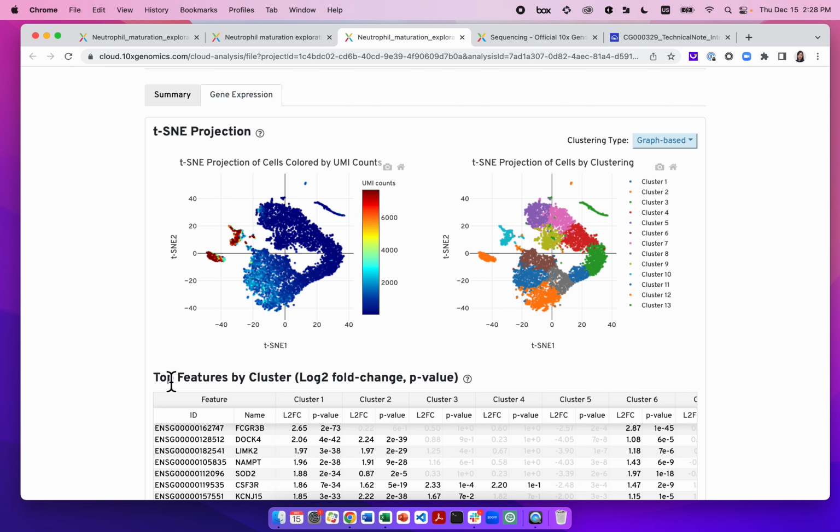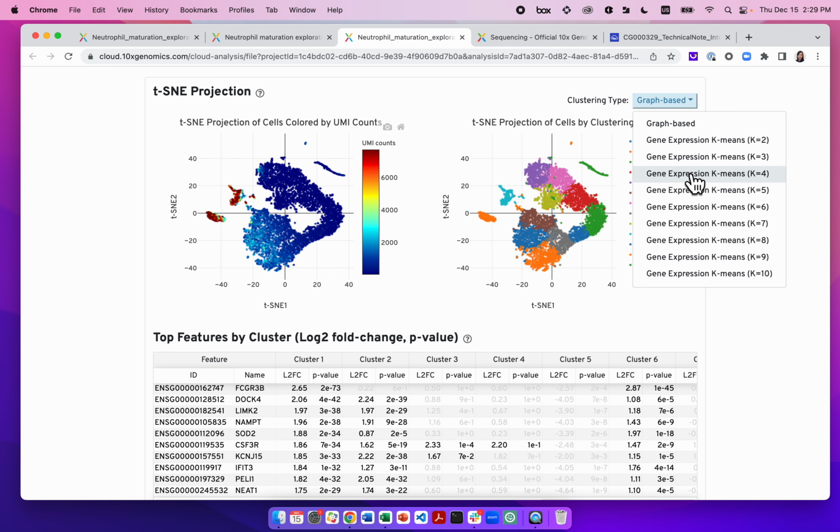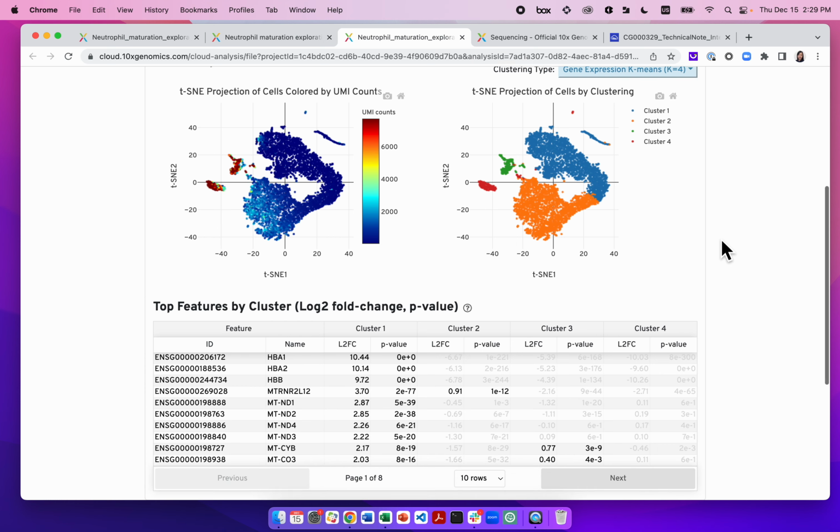The next section we're looking at is the top features by cluster. This shows the top differentially expressed genes in each cluster, shown on the top right. There are so many clusters here. To keep it simple, I'm just going to use k-means equals 4, so there are fewer clusters for us to look at. This table shows the top differentially expressed genes in each of these clusters, and this again is not intended for downstream analysis such as cell type annotation. It's really just to help us understand whether we have clusters of cells that are relatively poor or